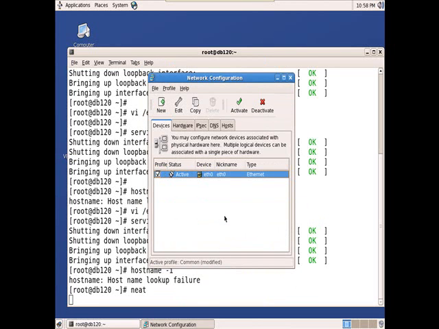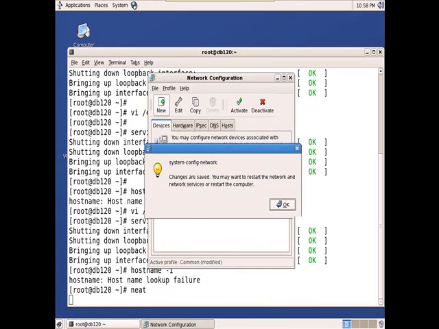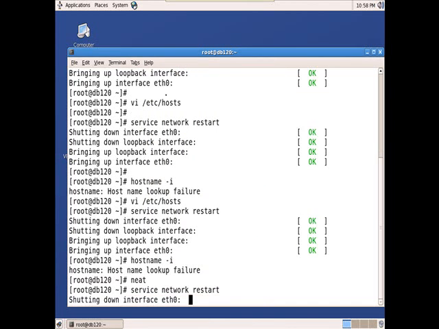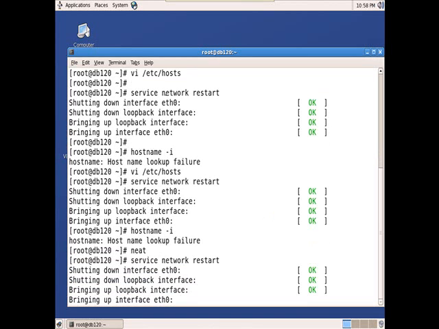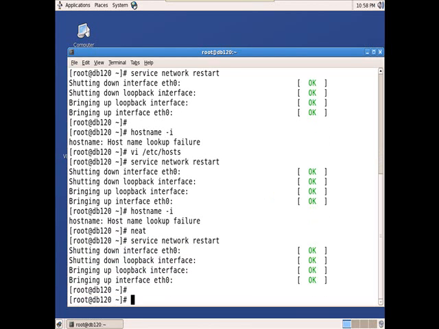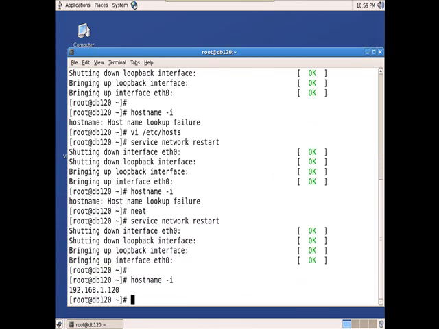So I have configured this. Ctrl S, Alt O, Ctrl Q to save. Now perform service network restart. The thing is, in some location it is db120.dbtech.com, and I had mentioned dbatech.com. That was the small error. Hostname space -i. Our IP address was set. Understood, right? We need to specify the host name and host IP address the same in two locations. If you mention it differently, it will throw the above error, host name lookup failure. This is how we set the IP address.